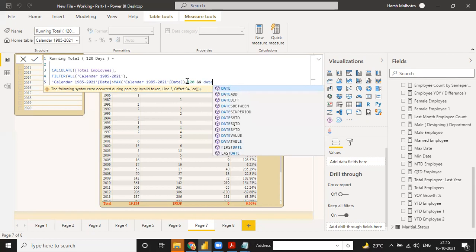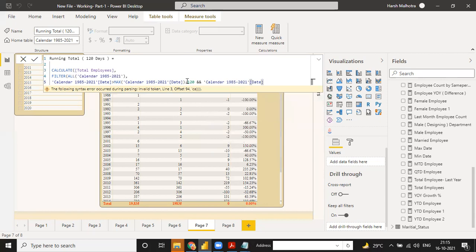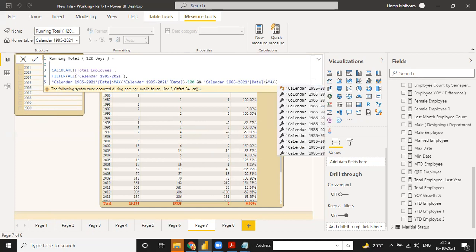And what is 120? You have a date column, you have a calendar date. This one is your date column, and earlier you put maximum. This one is the maximum. Now you put less than, because this one is the maximum.